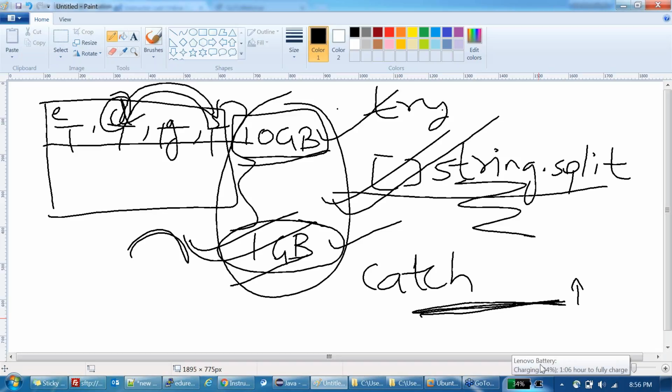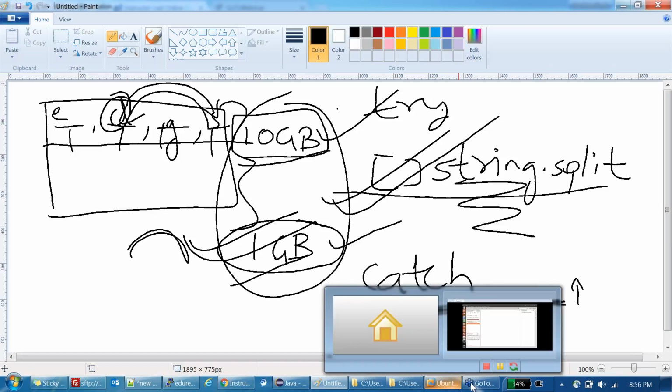Now using a counter is very simple. There are two ways in which you can use a counter. The first way is